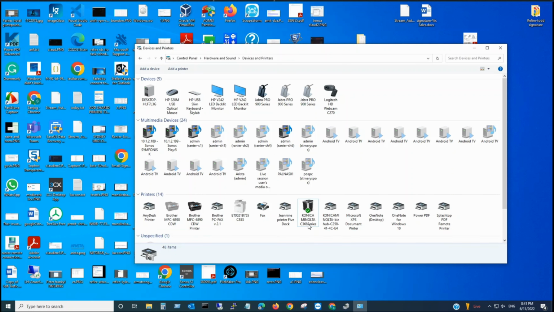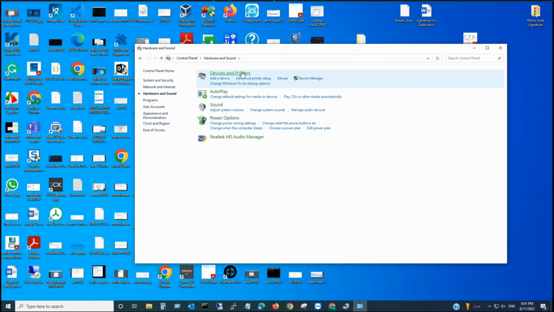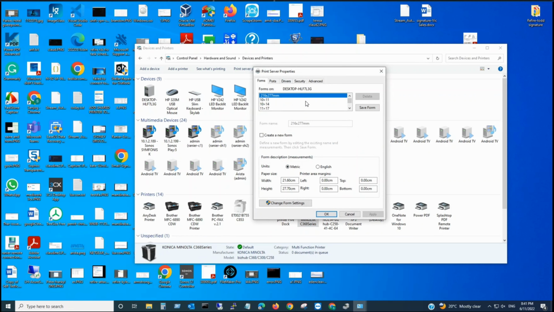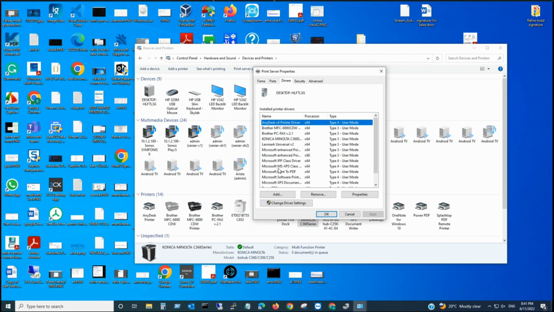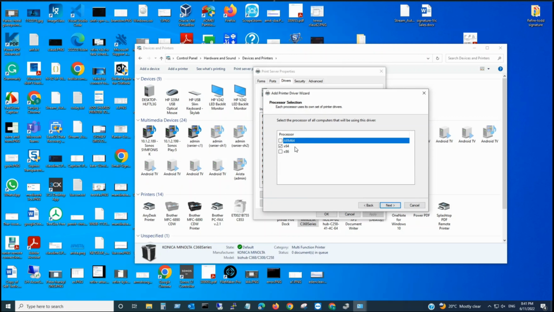So to do that, you can just go to control panel and hardware and sound, device and printer, and click your device and go to print server properties and drivers, and you can just select the printer driver that is giving the problem or that is already installed, and click on remove. And once it is removed, you can just click on add to add the drivers, and next, and choose